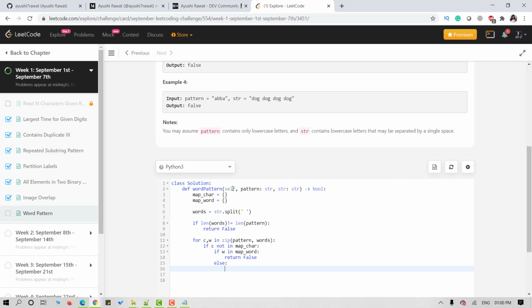Otherwise, we will update mapchar and mapword. Otherwise, if mapchar of c is not equal to w, then we can immediately return false.